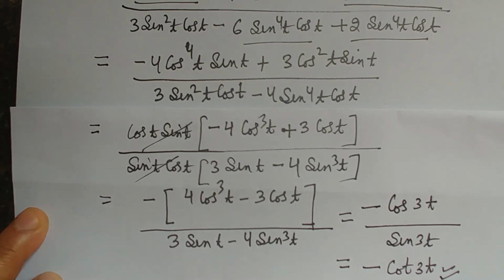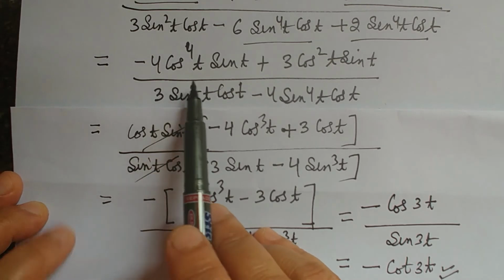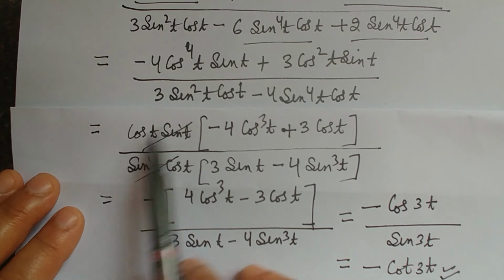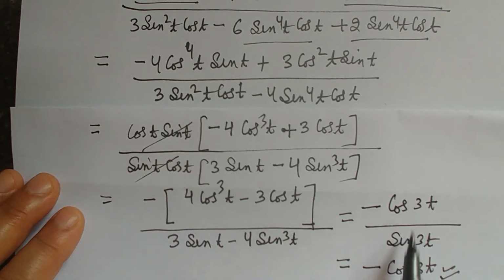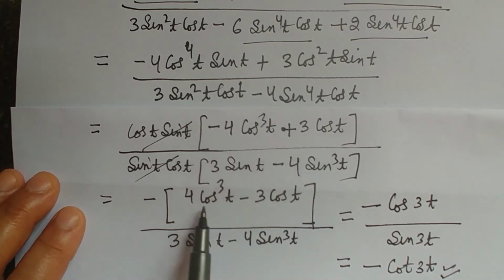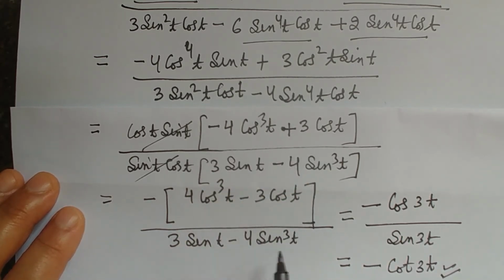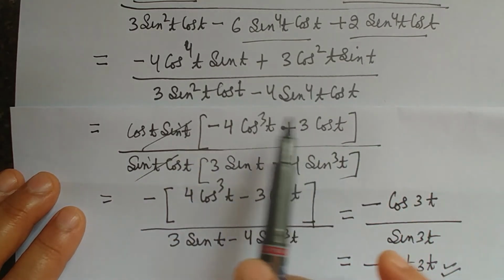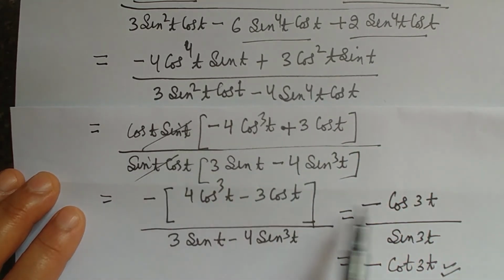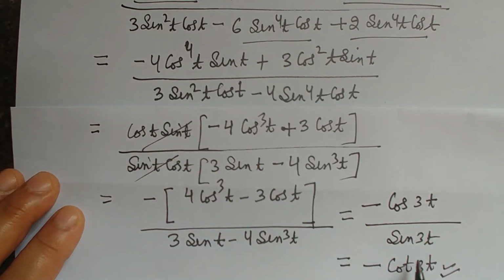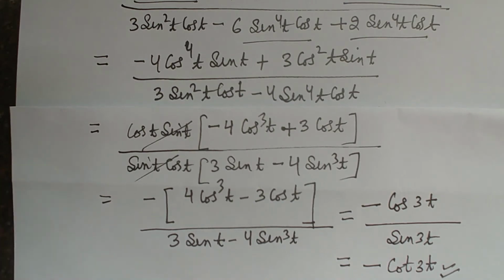Okay, so I have to just think, maybe I can take the maximum power of cos square t and sin t also common from here, but afterwards, to make it a formula, reduce it to the formula of cos 3t and sin 3t, I have to multiply it back inside, so that I get this term 4 cos cube t minus 3 cos t, and like this in the denominator. If you practice, these things will come to your mind, that what should be taken common, so that the question gets reduced and you get the solution in reduced form.